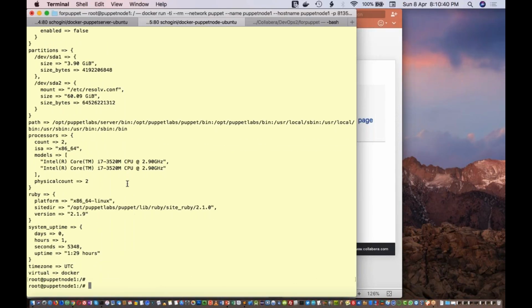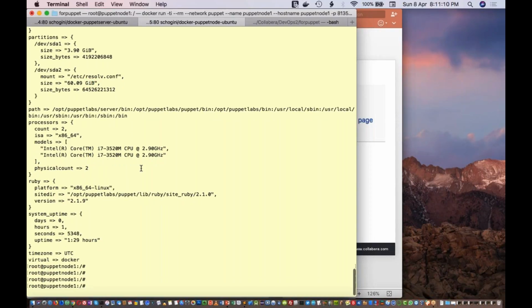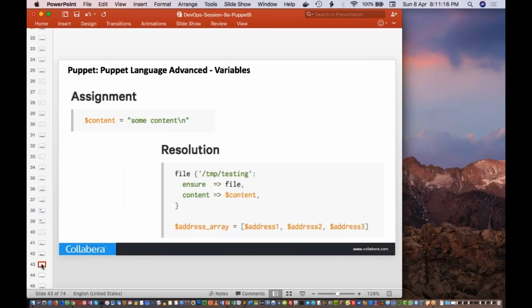But as I mentioned, this is in a structured format, like a JSON output, and you'll be able to loop through those values. And as I mentioned, every time when you get these facts from any node, it will be in the same format, so it won't give you any error. So even if it is Windows machine or Linux machine or any other machine, it will give you the same output format. Only the values will change. Okay, so you will be able to see more about that one.